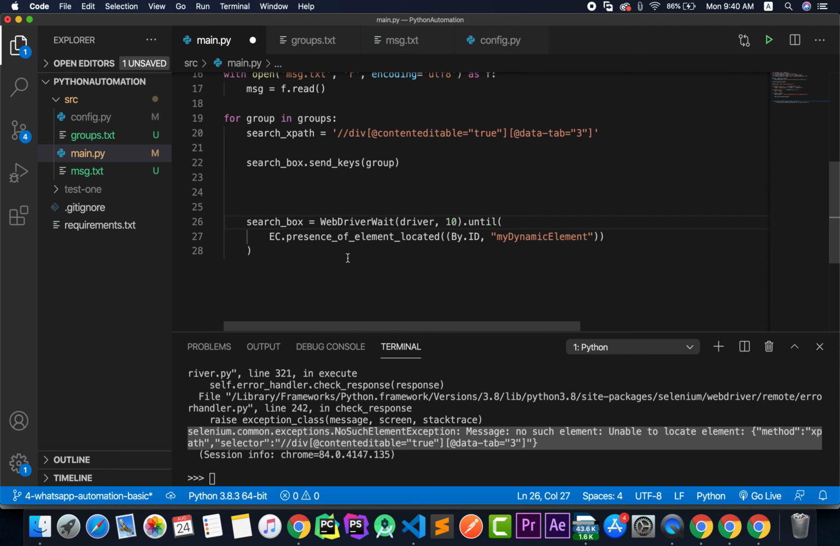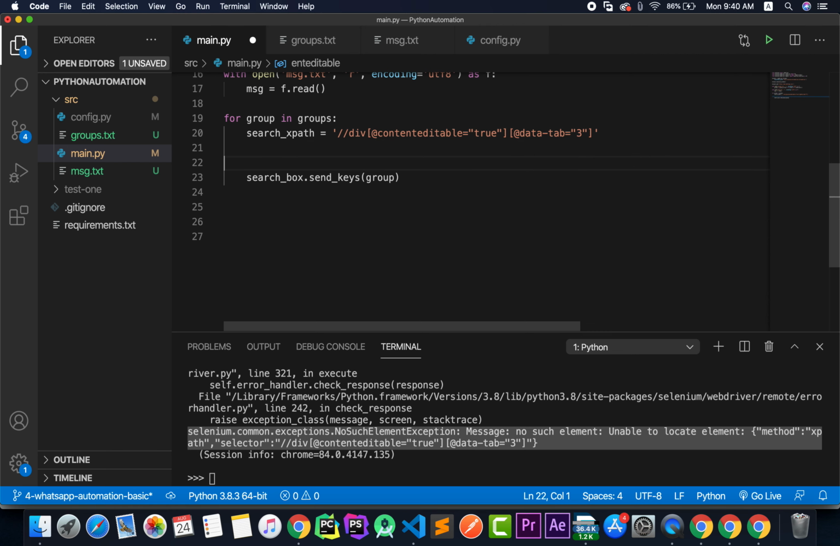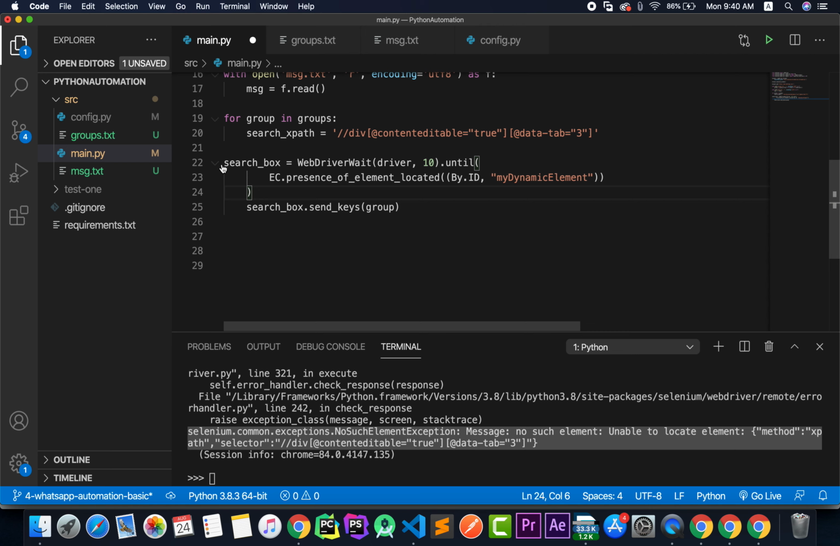I'll quickly cut this one at the top, not here but here, just like that. Now I'll explain what it is. So we just refactored this into the separate variable search xpath, and now what this line of code does is